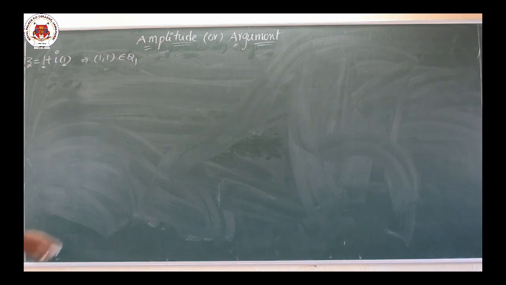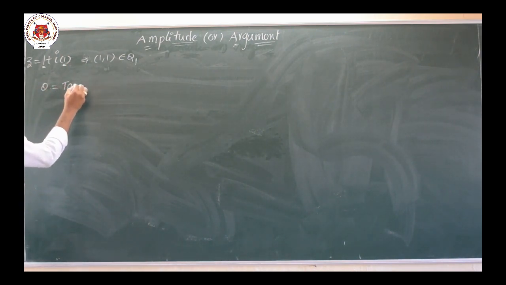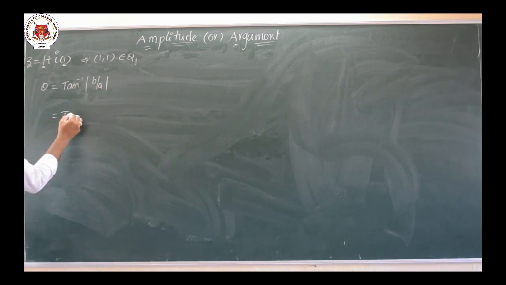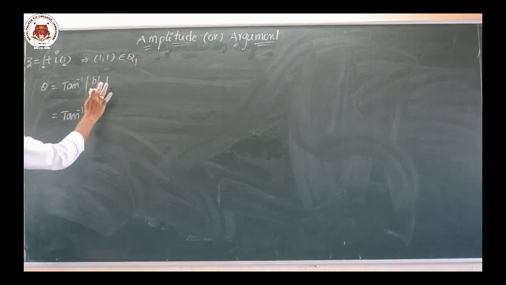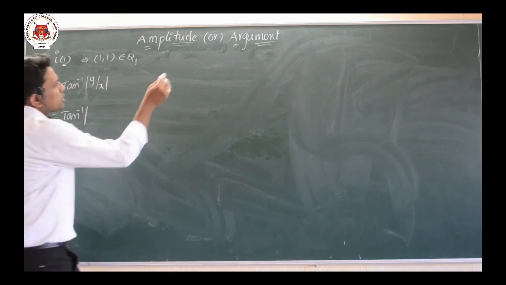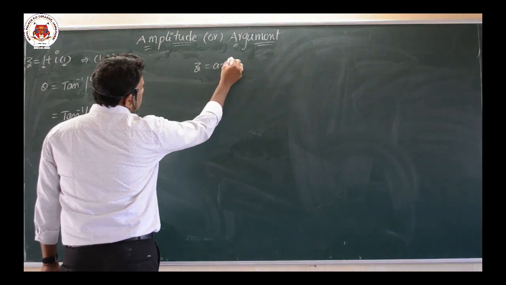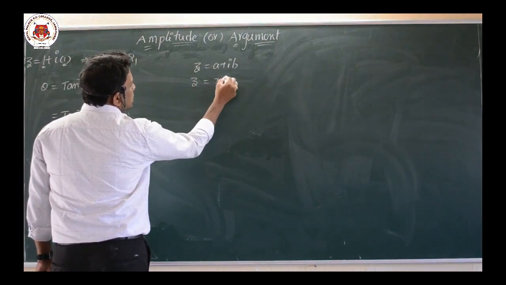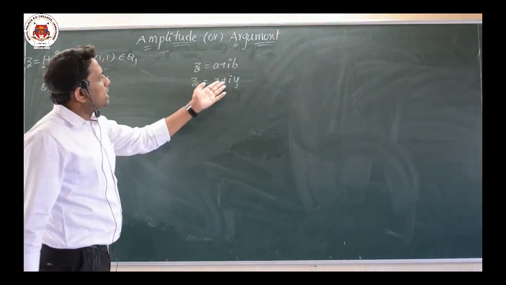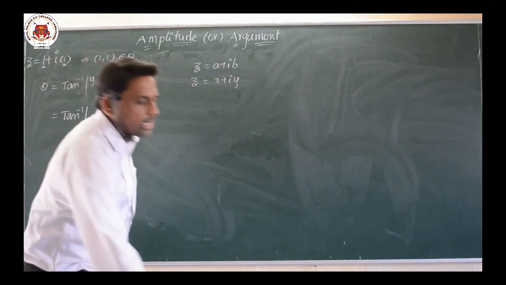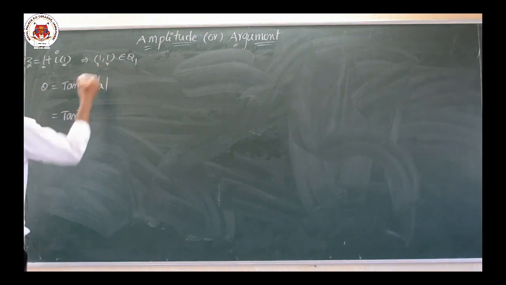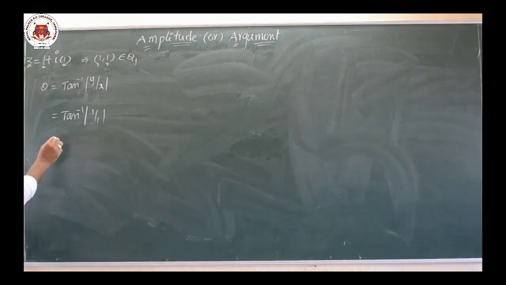So we will find out the theta using the formula. What is the formula? Tan inverse modulus of y by x. Sorry, not b by a, y by x. Both are the same. A complex number generally we take like this, sometimes a plus ib and sometimes x plus iy. Here a is the real part, b the imaginary part. Here real part x, imaginary part y. Whatever, let it be. Now tan inverse y by x. Here this is the x, this is the y value. So y by x means 1 by 1. So 1 by 1 is nothing but 1 only.